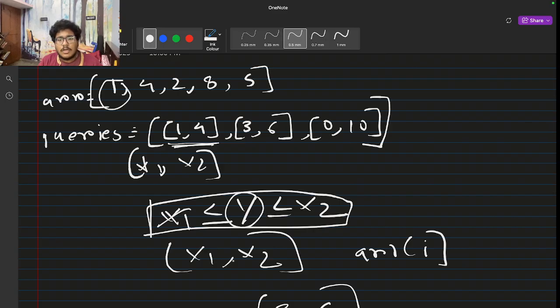1. Does 1 falls in this range? No, it won't, so I won't count it. Now coming to 4 is greater than equals to 3 and less than equals to 6. That means 4 will be counted. My count is currently 1. Then 2, no, 2 also doesn't fall in this range. Then coming to 8,